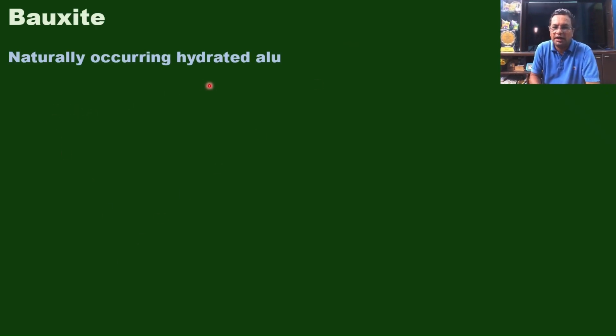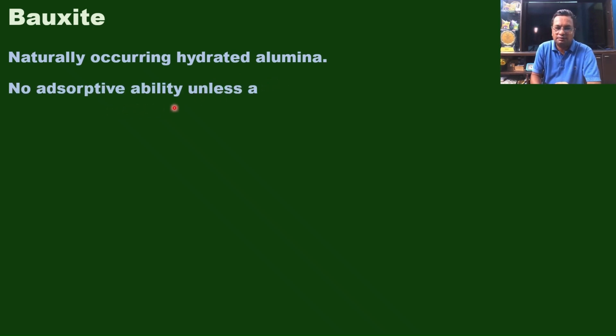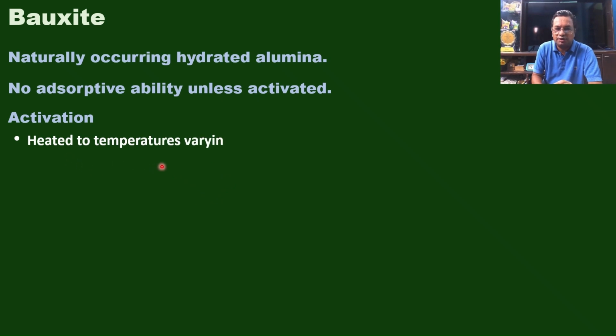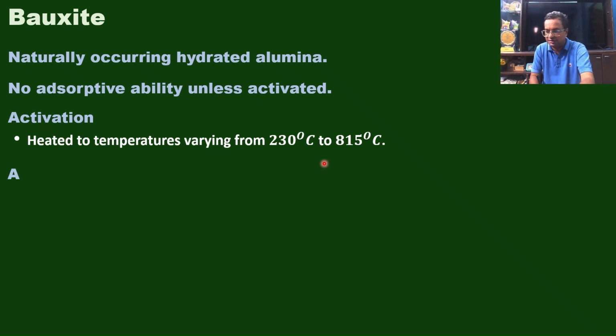Okay, the next one is bauxite. What is this? This is naturally occurring hydrated alumina. No adsorptive ability unless activated. So in its natural state, it doesn't have any adsorptive ability. We need to activate it. How is the activation carried out? It is heated to temperatures varying from 230 degrees Celsius to 815 degrees Celsius. And after activation, then you can use it for